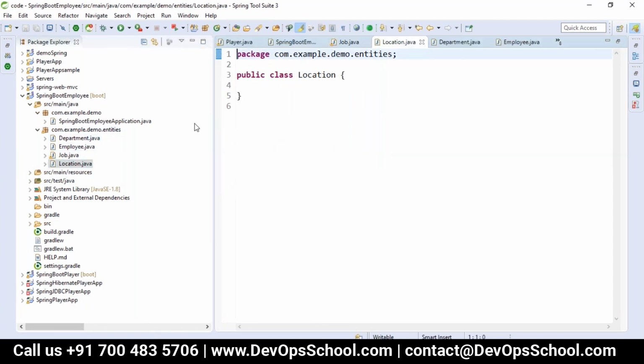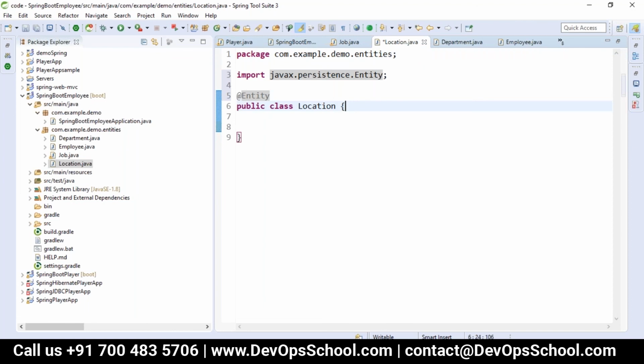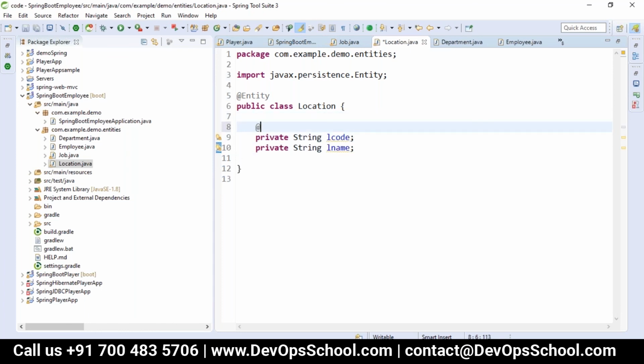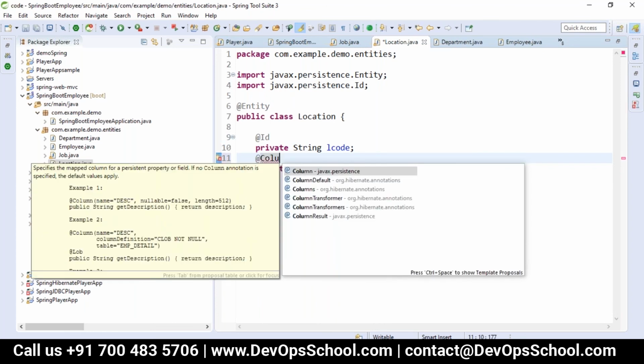So then in my location also, entity. So if it is taking a lot number, by default varchar will take 255.